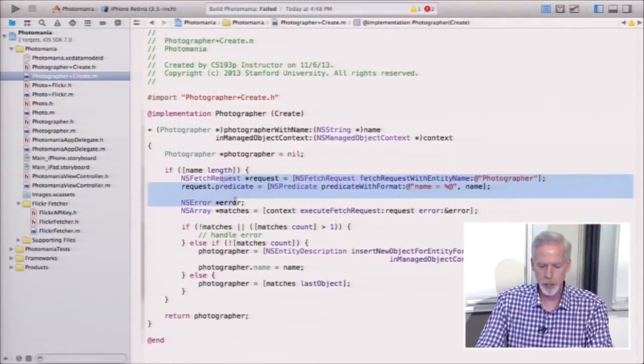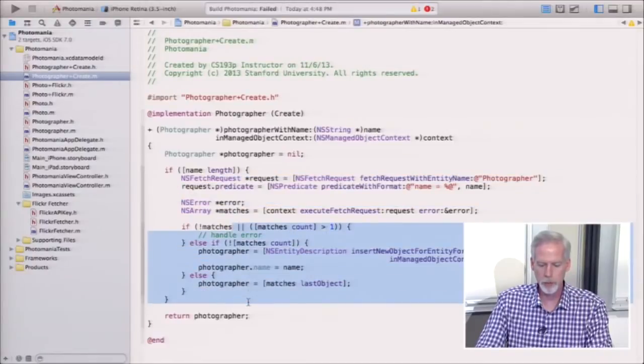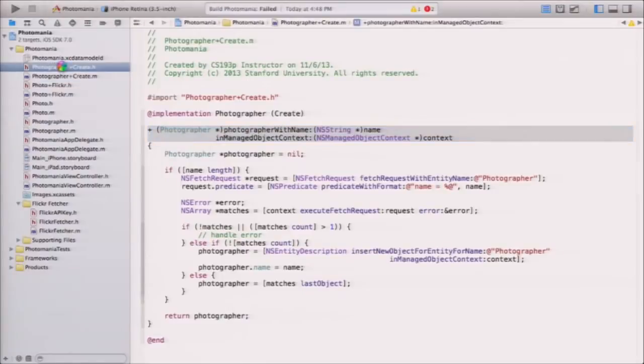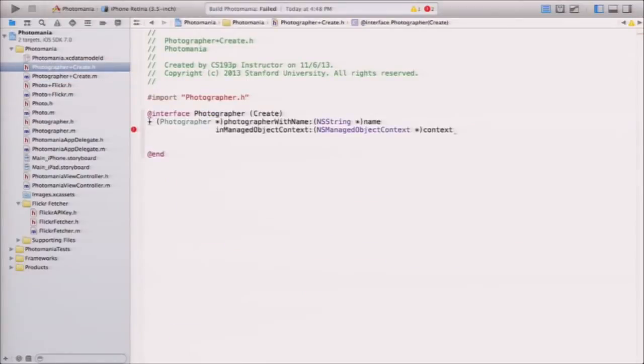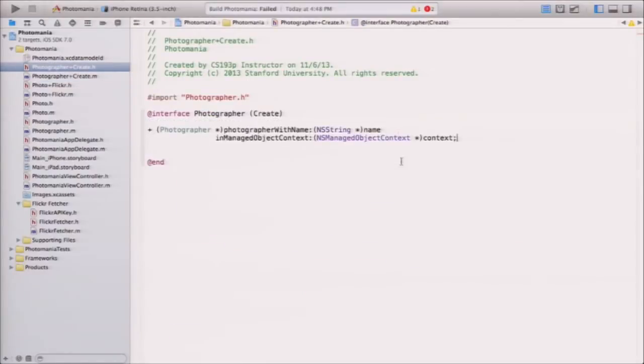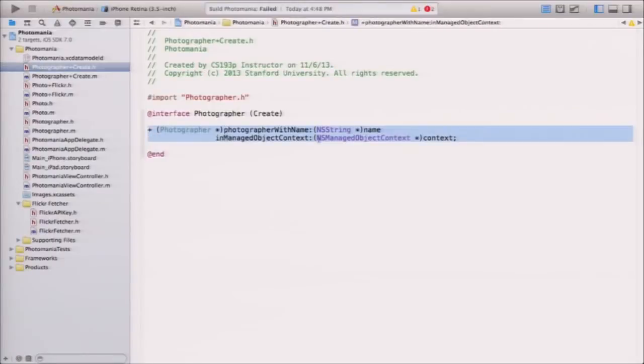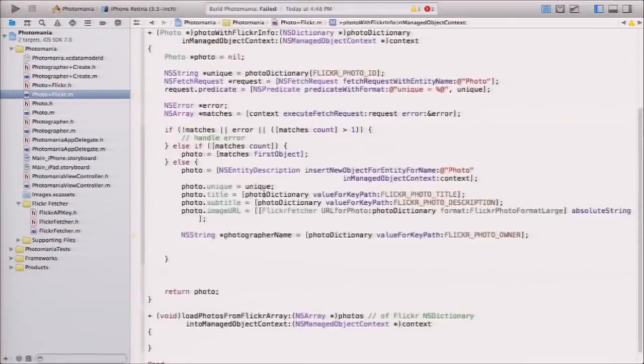It looks almost exactly the same. We're going to fetch for it. We're going to handle if we can't find it, set the name, all that business. So let's put this in the header file. Okay, just trying to speed it up a little bit here, because you wouldn't learn anything new by my doing this all again. Okay, but now I have a way to create a photographer given a name in a given context. So we'll use that over here, and we'll just say